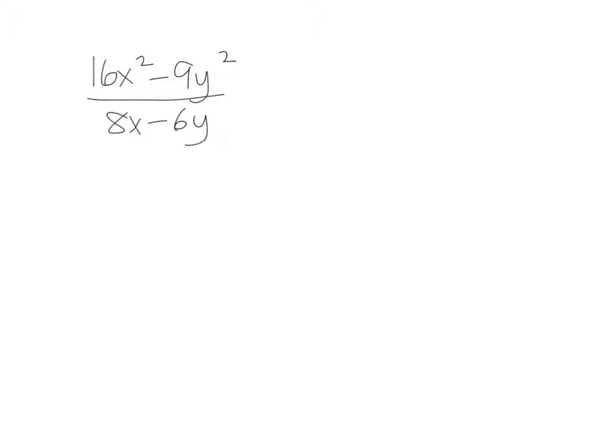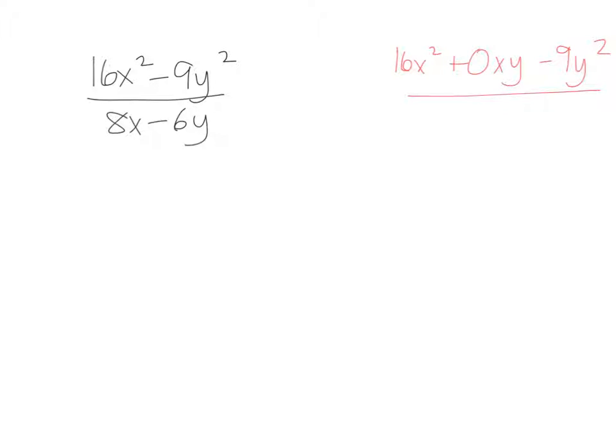So this numerator, to factor it, we can think of it as 16x squared plus 0xy minus 9y squared. It's a trinomial, right? It's just that that middle term is 0. Then you could use decomposition on it and factor it. Try that. You can do this decomposition with that, but if you recognize it